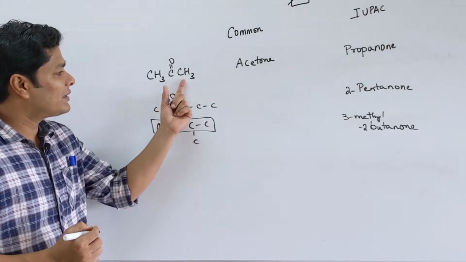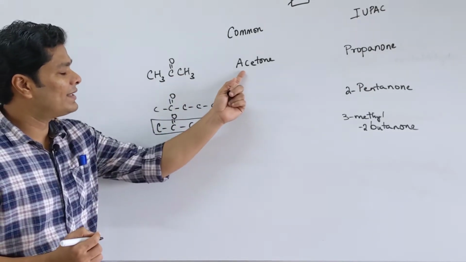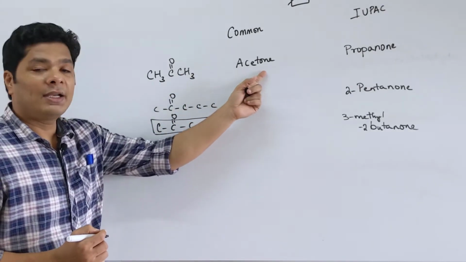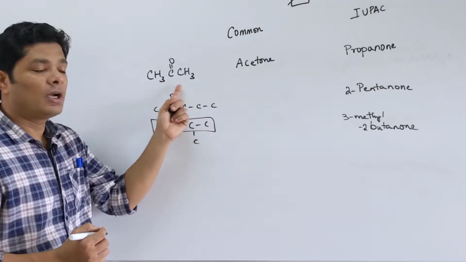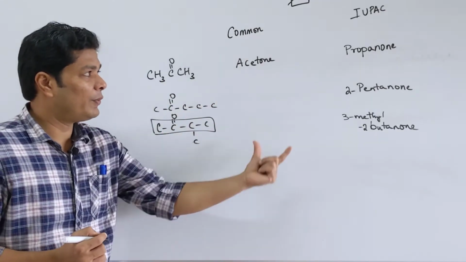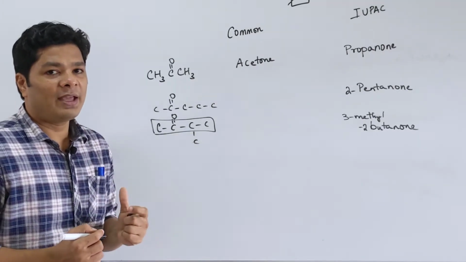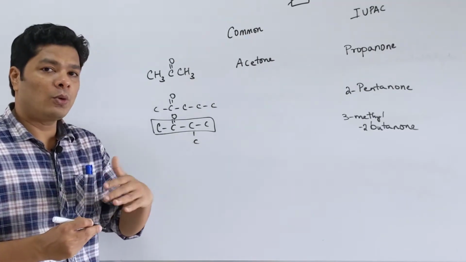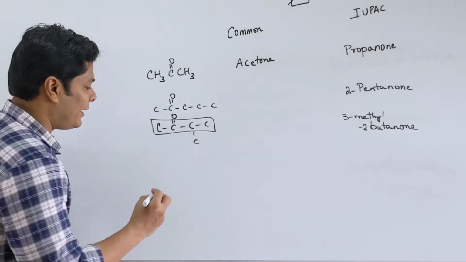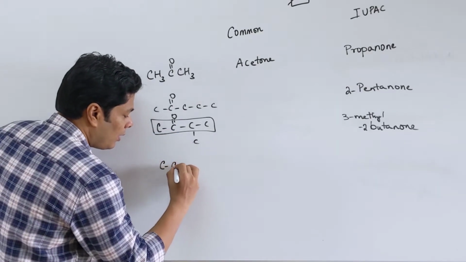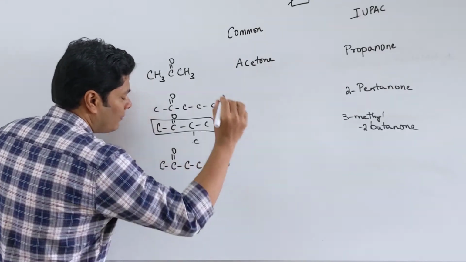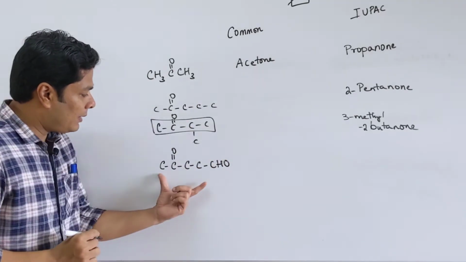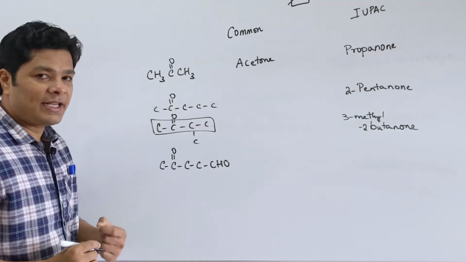If suppose you have the same, we can say for example this one here, dimethyl ketone or acetone. If it is 2 propyl groups, dipropyl ketone. So this is too simple for you. IUPAC is where you have got to be careful because you may have a compound where you might have both the aldehyde and ketone. For example, this. I have both the aldehyde and ketone, the aldehyde takes preference.